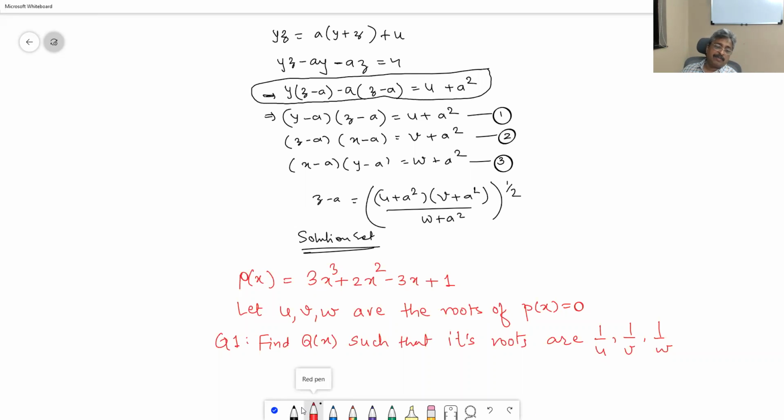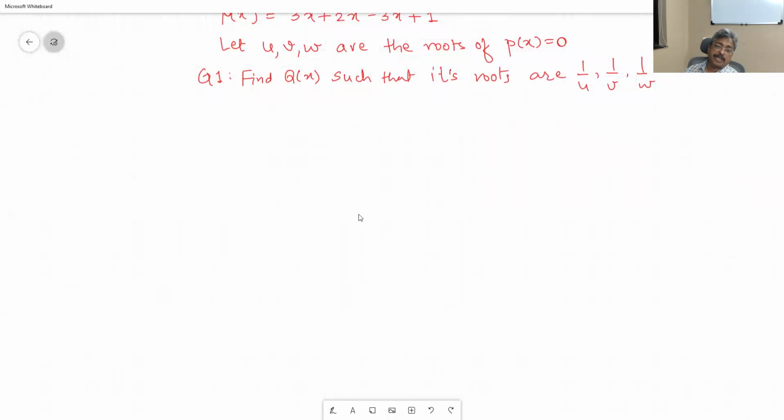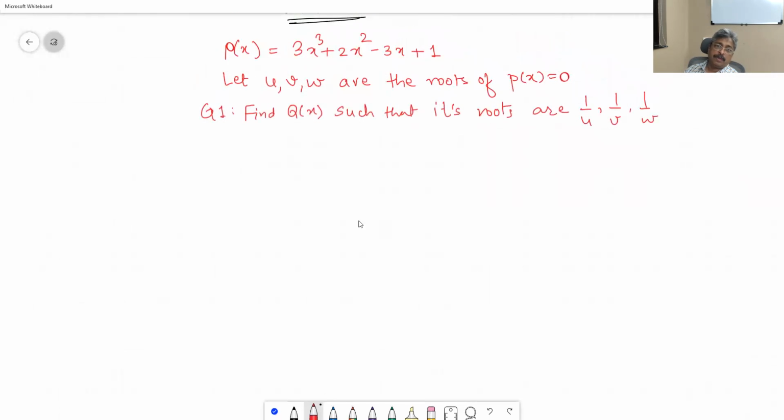Let me explain the first long method of doing it. The first long method is as follows. Number 1. Can we get the information about sigma 1, sigma 2, sigma 3 from the given equation p of x? Yes. u plus v plus w, which is equal to sigma 1 of the given equation, is equal to